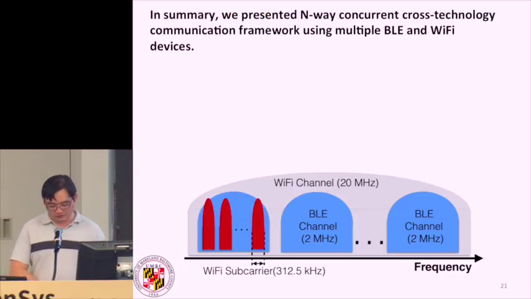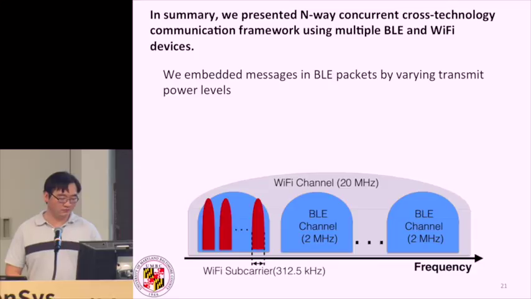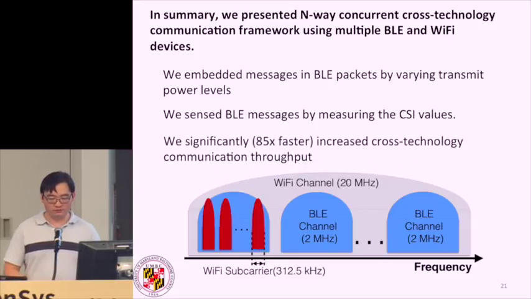So, just to summarize my slide: we produced an N-way concurrent cross-technology communication scheme by measuring CSI and using Bluetooth to interfere with Wi-Fi devices through a controlled and modulated scheme. We embedded messages in Bluetooth packets by varying the power level. We sense that power level change using CSI,